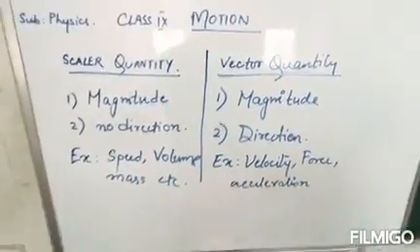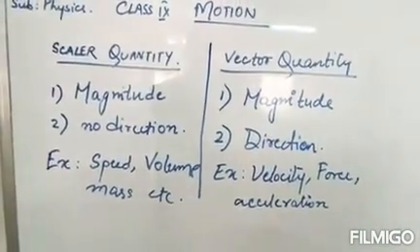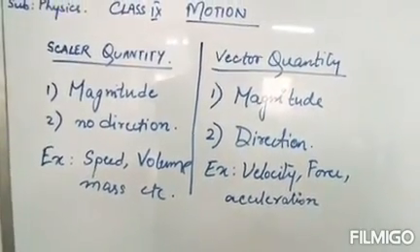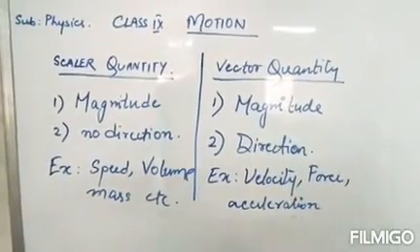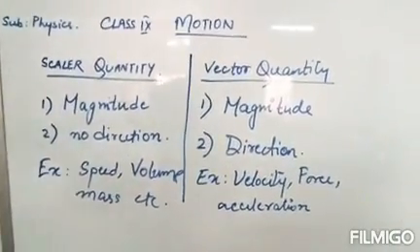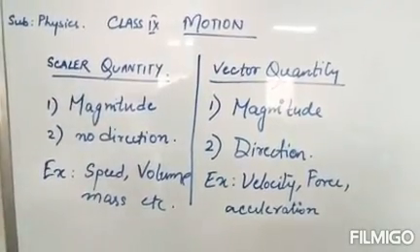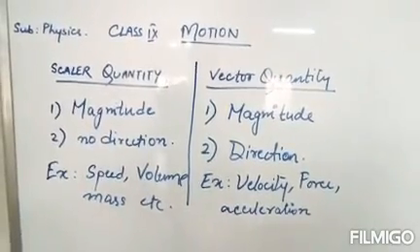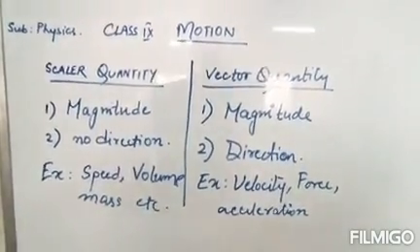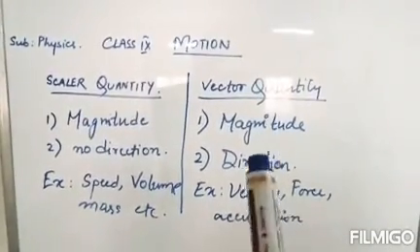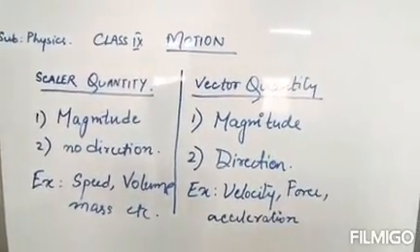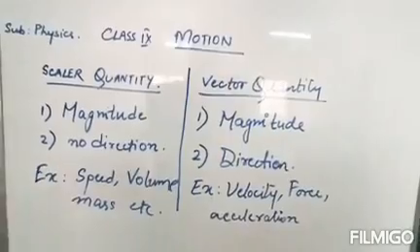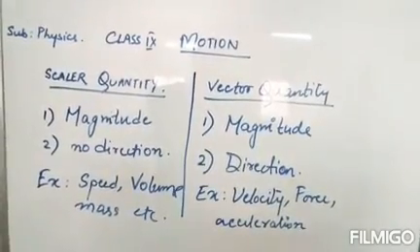So this is the difference between scalar and a vector quantity, that vector quantities will have magnitude as well as a direction. Suppose the speed of a car can be 4 km per hour, okay, like that. But when I say velocity, it is not just 4 km per hour, but it will be 4 km per hour in a particular direction, like north, south, upward, downward, whatever it is. It should have a specific direction.